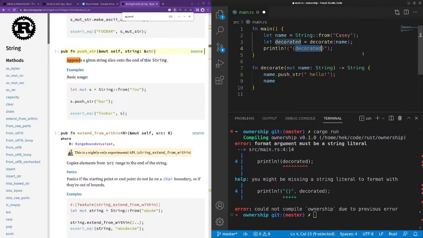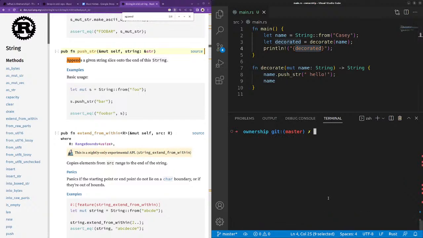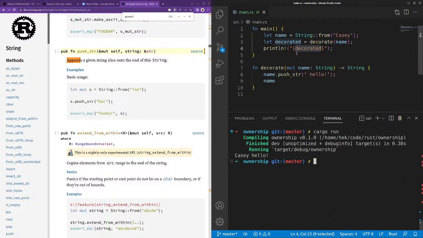Okay. Of course, we cannot just print a string. We need to wrap it in a string literal. Okay, so yeah, so this works. But what happens if I remove this? So now